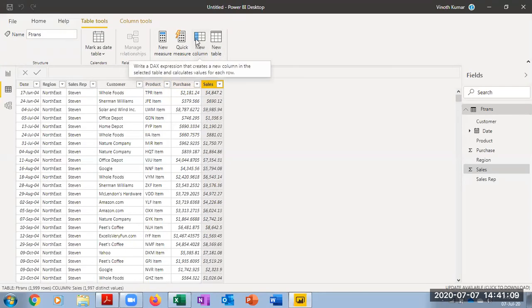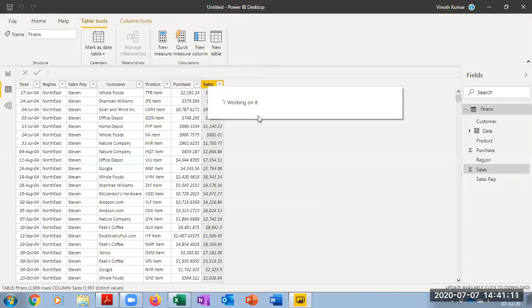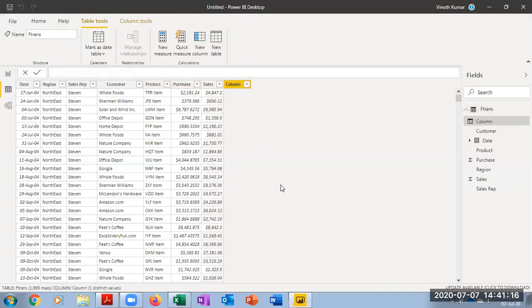So I'm going to create a new column here that allows me to add a new column, and it asks what do you want to do in a column? You can name this column. I'm going to just find out the profit. I'm going to say equals. Now I want to call for the sales, and I'm going to minus that with a purchase. I'm going to give a square bracket so that you can see all the fields related to this table. Then I'll move the cursor to the sales, minus, and then I'm going to give purchase here, tab, and